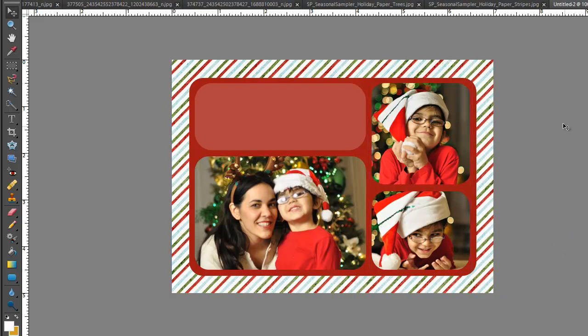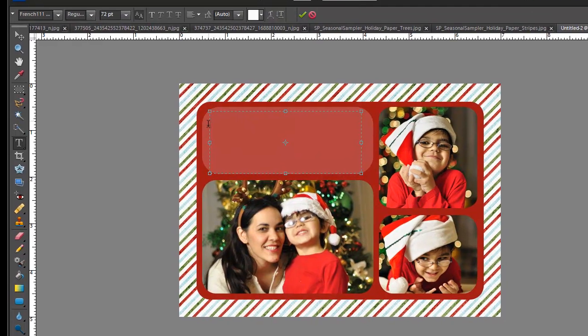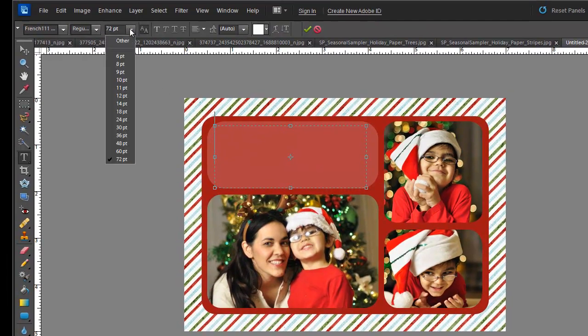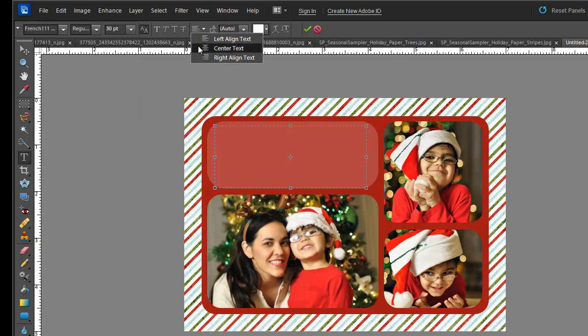I have 3 photos, and the last thing I need to do is put in some text on top. So you have a little type tool here, and I'm going to take my type tool and make a square so it fits in the middle. You can choose the size. I don't want it to be that big, so we're going to go down to 24, and then actually we'll go 30 and see how it goes. You can make sure that it's centered. You can do alignment, whatever justification you want it to be. And I'm going to say